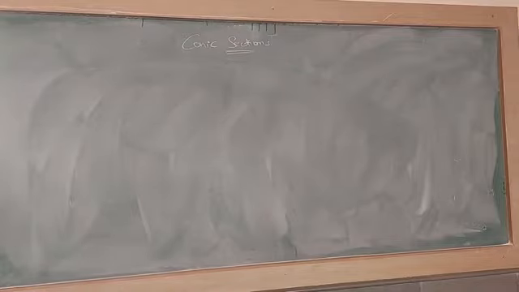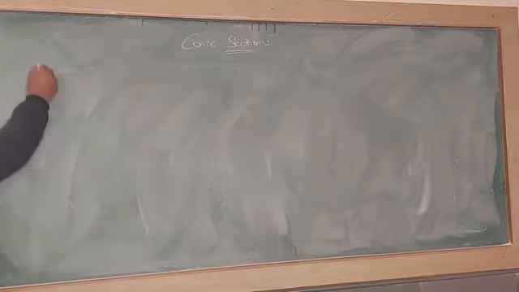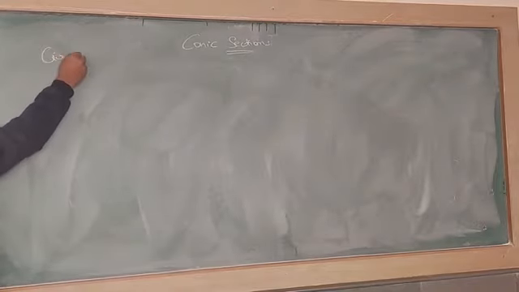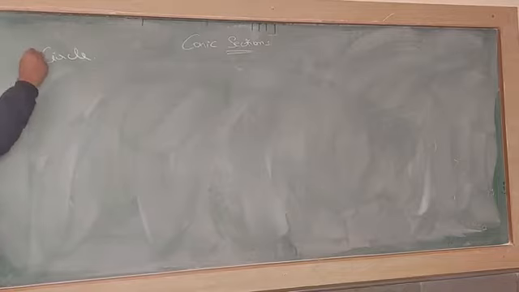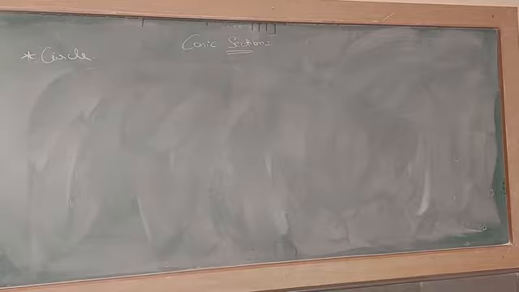So today we start the first topic, that is circle. The definition of circle given in the book: a circle is a set of all points in a plane that are equidistant from a fixed point in the plane. It means we will draw a figure where all the points are equidistant. It is the shape of a circle.